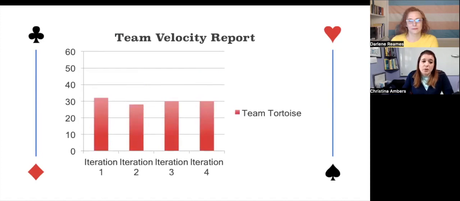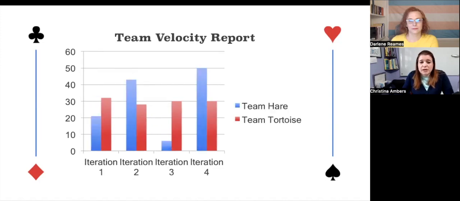Team Tortoise, though, they may be working on a 20-year-old tech stack, maintaining what was built decades ago, using old technology, and spending their time fixing poor code as new code is layered in. And they are very consistent. These two need to be able to plan and forecast, knowing what they knew last sprint to apply to this sprint. Their velocity should tie to their work and inherently be different.